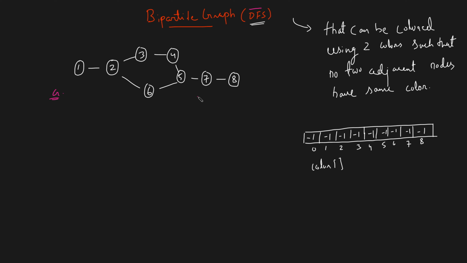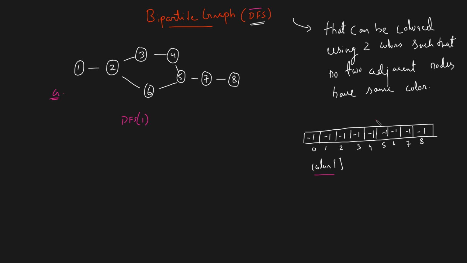So what DFS does is it takes a color array instead of a visited array. Yes, this time we are going to take a color array. We will not be taking a visited array, correct? So once you have taken the color array, what we will do is we will start the DFS from the first node, correct? So let's start the DFS from the first node. Whenever you start the DFS from the first node, you have a color array that is initially initialized to -1. So the DFS starts. So the recursion call has been started.